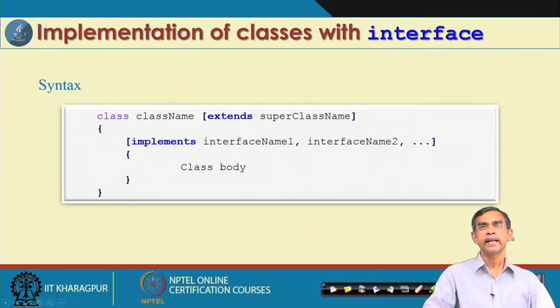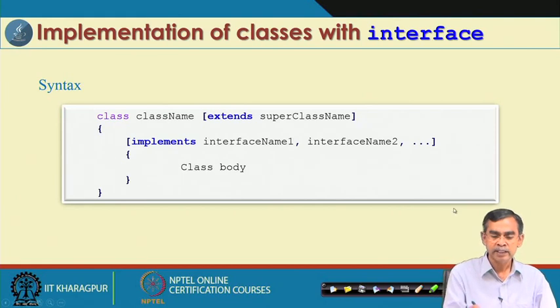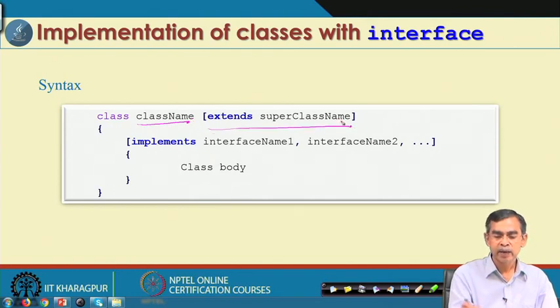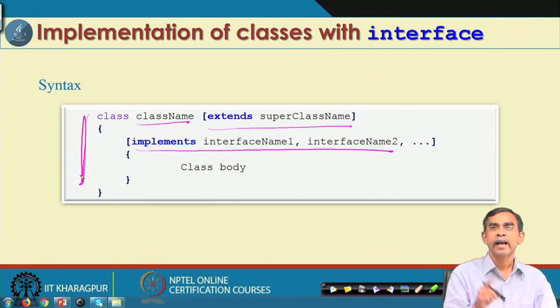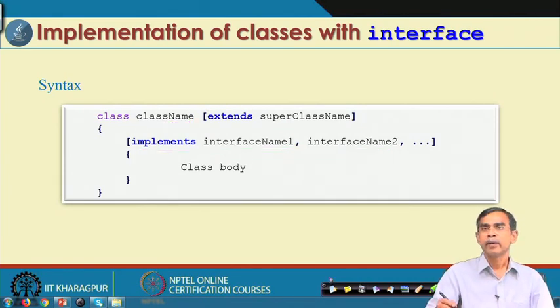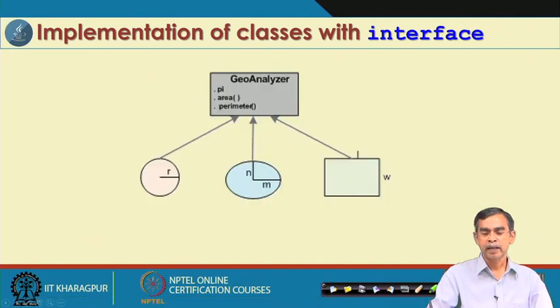Now, the basic syntax: after an interface is created, how can it be utilized in our program? This is the concept of how an interface can be used. We can declare a class name which extends another class and implements the interface. A class can extend some other class as well as implement an interface; the extension is optional. This way, once an interface is defined, it can be used subsequently in the program.